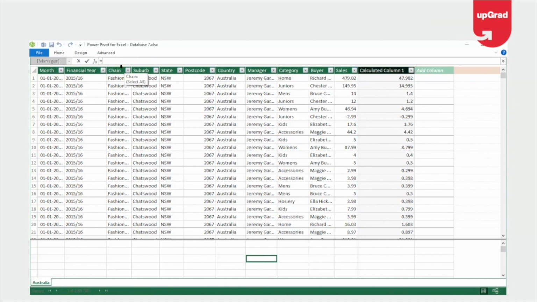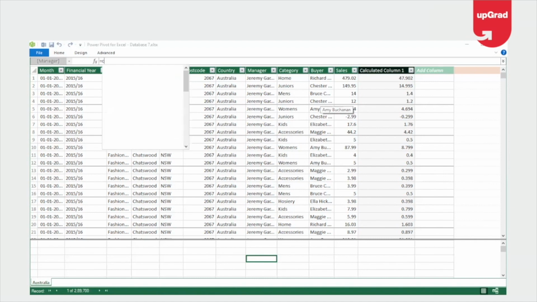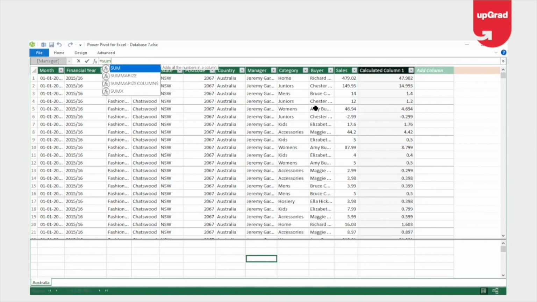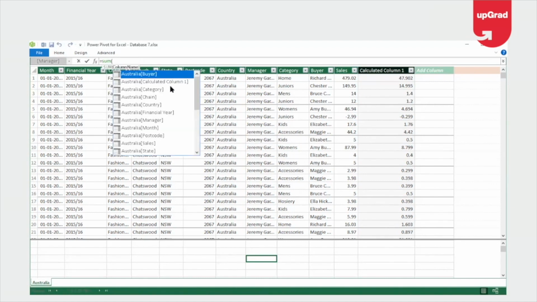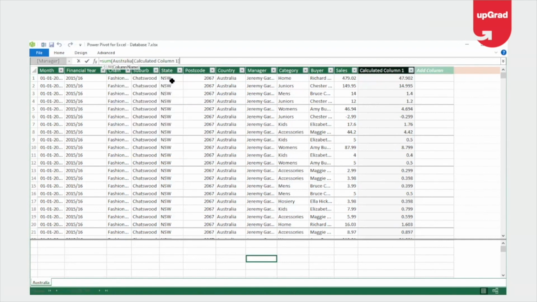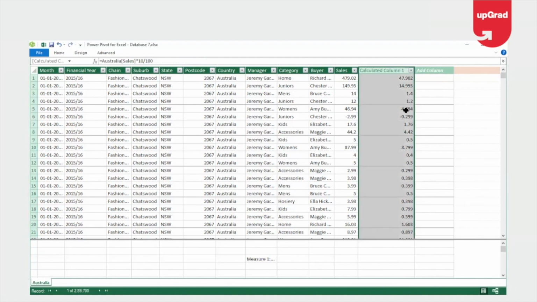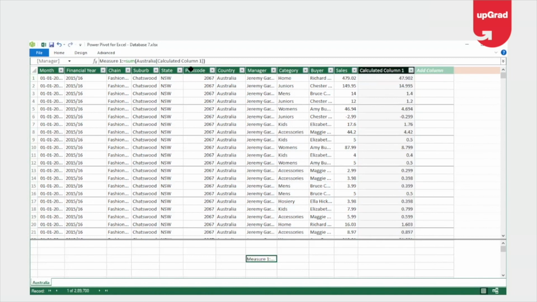So I can say measure name, whatever I need to give it. I'm just going to call the sum of calculated columns 1, which I have not given the name as yet. So this becomes my new measure, which is the calculated column 1. I can always change the name if I want to, so that just tells me that this is the commission. Now sales minus commission is going to be my total revenue or the net revenue that I have.